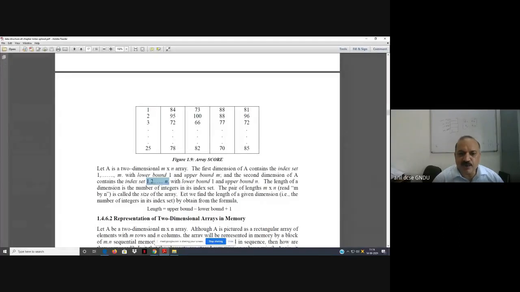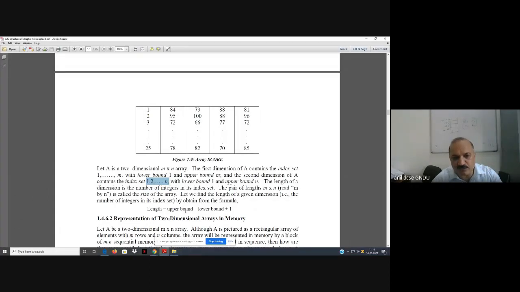The length of a given dimension, that is the number of integers in its index, is obtained from the formula: length is equal to upper bound minus lower bound plus 1. This we already did. So we are calculating the number of rows or the number of columns.